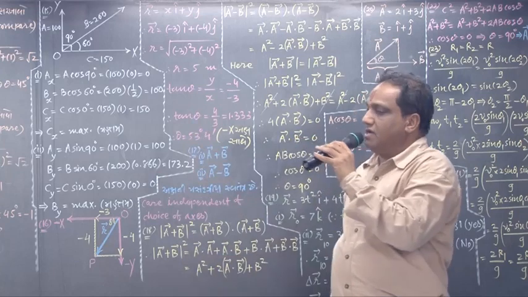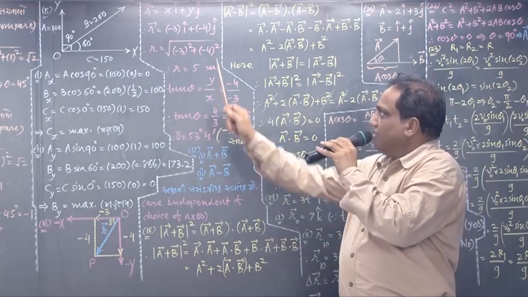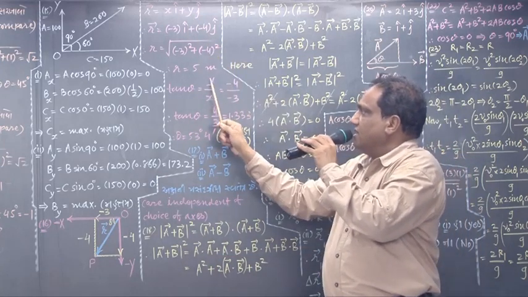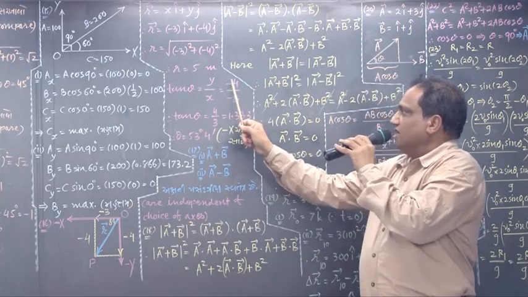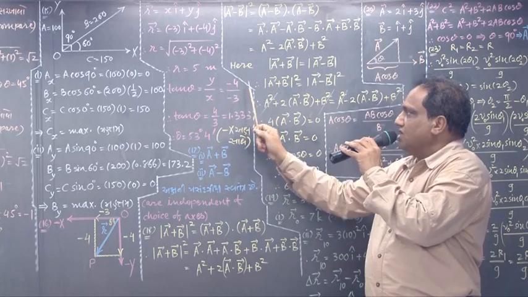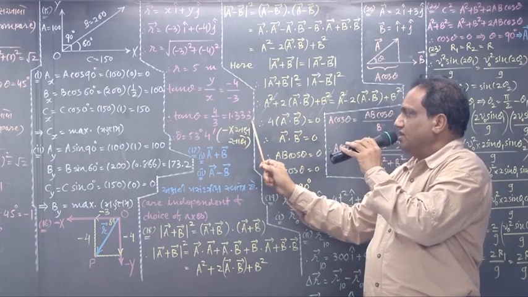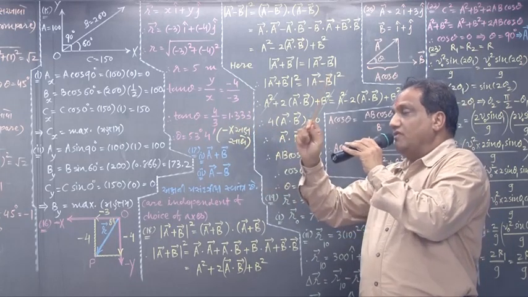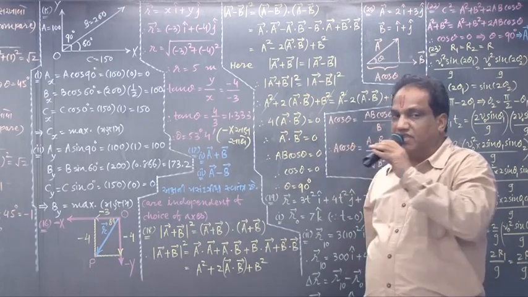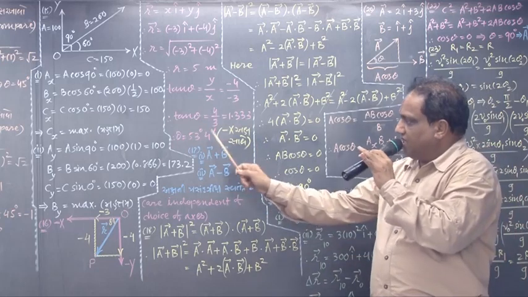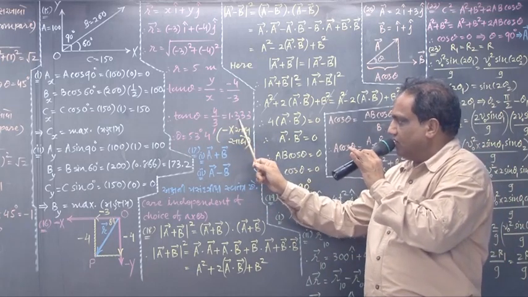What is the tan theta formula? Y component upon x component. Very good. Y upon x. Right now y is minus 4, x is minus 3. Minus 4 upon minus 3: minus minus is plus, so 4 upon 3 is 1.333. When you find this in the table of natural tangents, you will get theta as 53 degrees 4 minutes. Yes, that is the angle for which the tangent value is exactly 1.333.